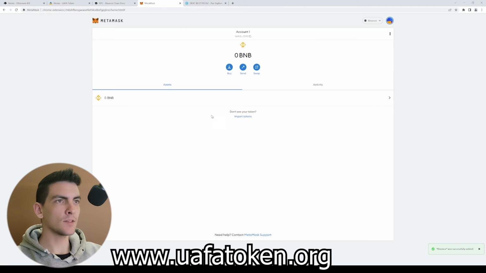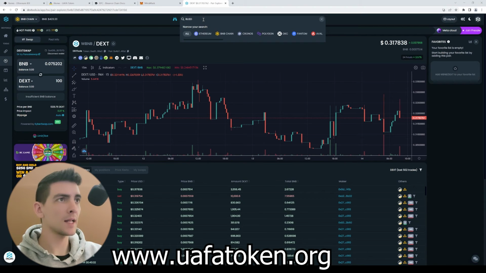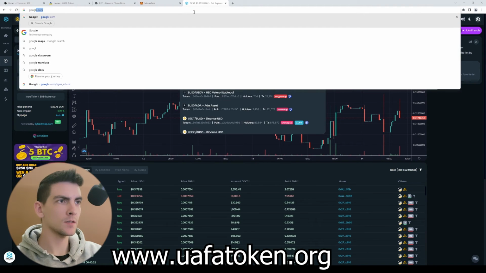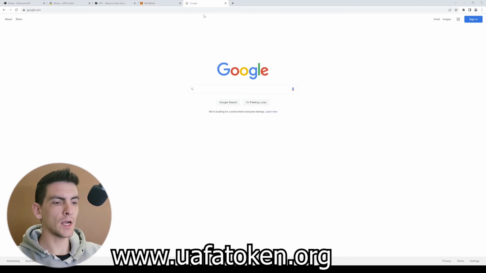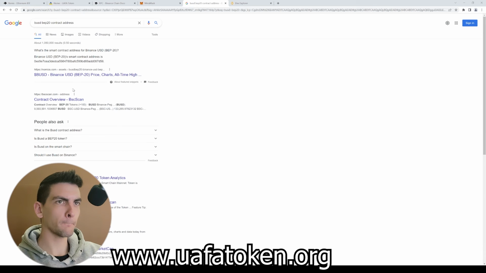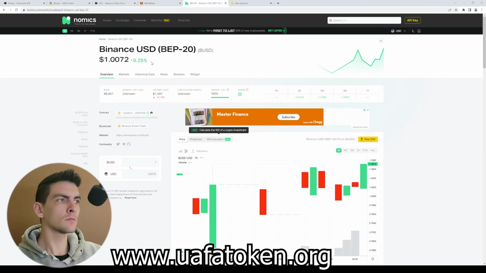And when it comes to adding a new token, such as the stablecoin BUSD, Binance stablecoin, we could just go to Google. Let's just search for Binance BUSD BEP20 contract address. As you can see here, the first link at nomics.com, we have the contract address. We can even view it